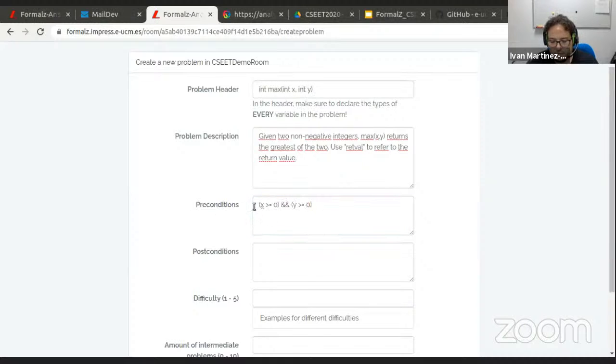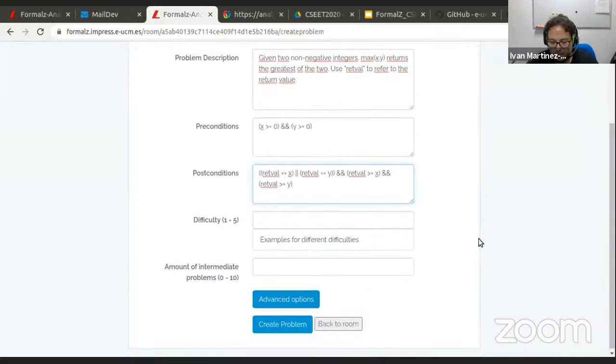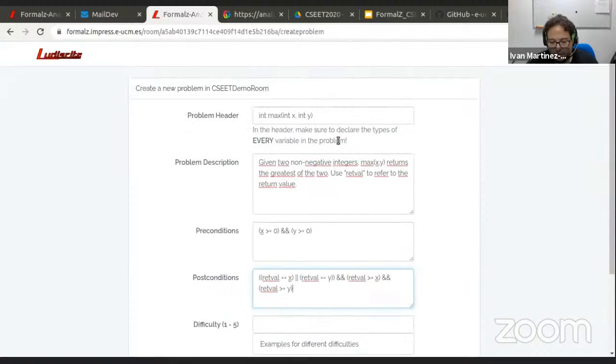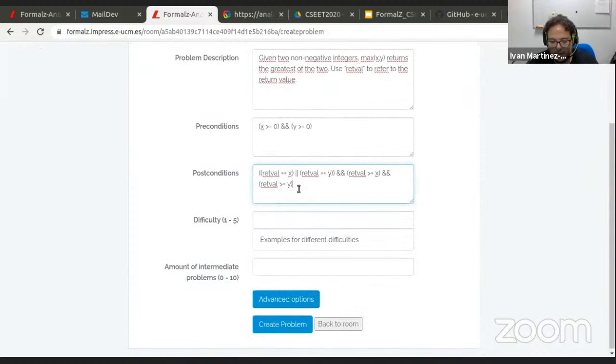This is not too complicated, but also if you have a look at the slides, you can create more complex formulas with existence quantifiers and for all quantifiers. The post condition in this case is also not so complex. So if I just paste here the solution for the post condition, then these, as I said, are the core elements and the core attributes. And then you can also define this difficulty